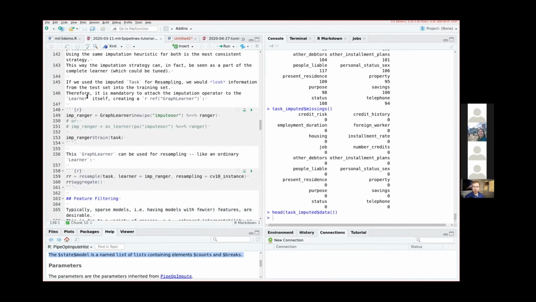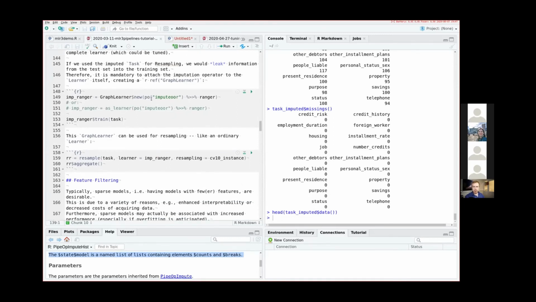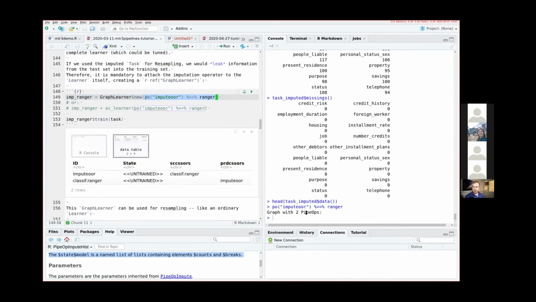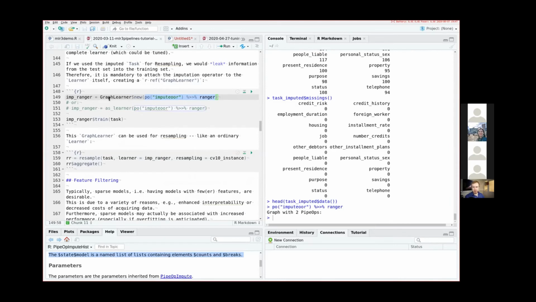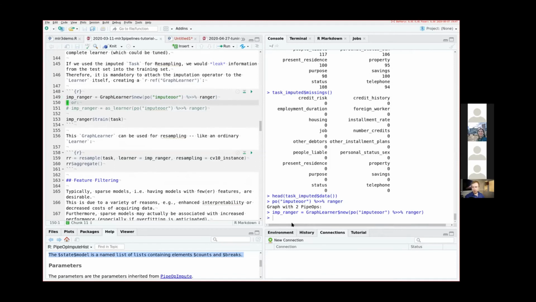We can now create a learner from this pipeline. So we can get this graph, which does first the imputation and then fits a learner. And this we again have to turn into a learner. So here we are in mlr3 pipelines country. We have a graph and we can add new operations to it, for example, but we want to use the mlr3 tools. So we want to go back to mlr3 country. So we create a new graph learner. So if we look at what this thing in here is,